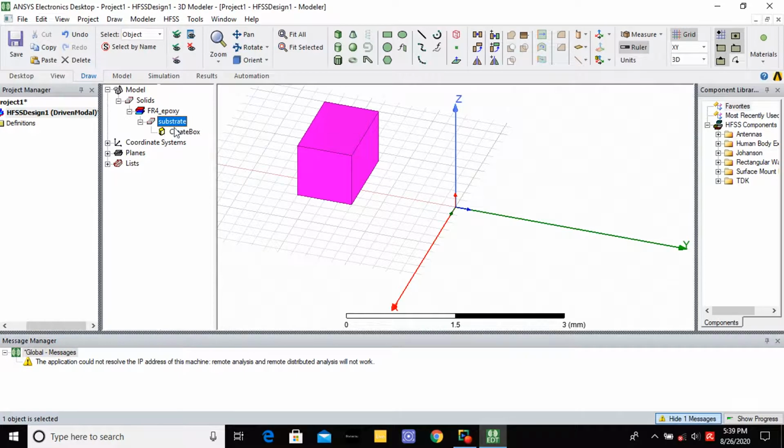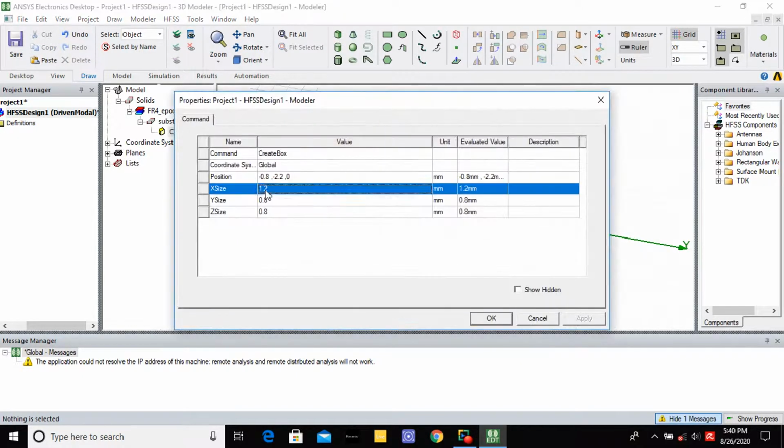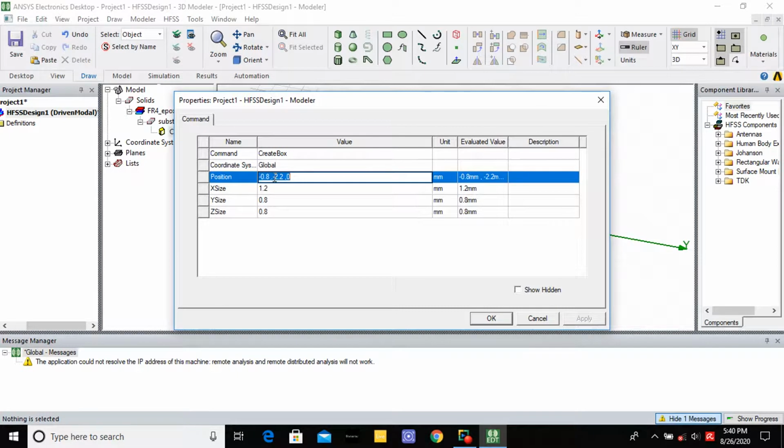After that, you give the length and width of the substrate. First you select the position of the substrate: minus 39/2, minus 47.6/2, 0.